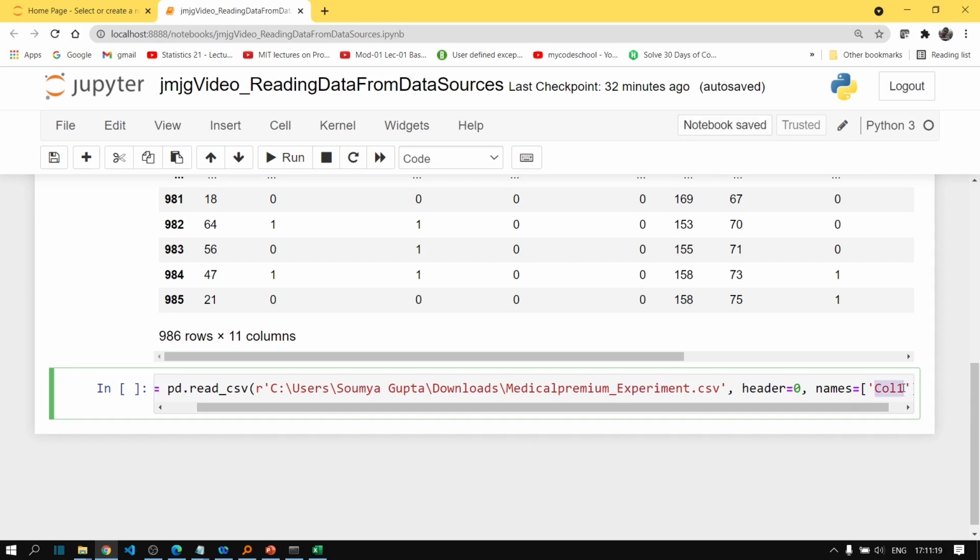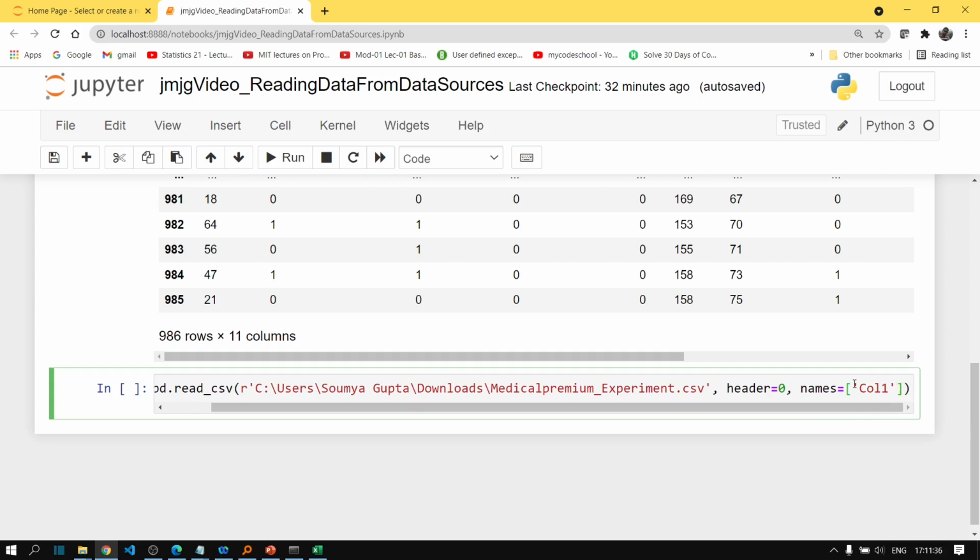Please note that even if you want to override the column names, you have to give some meaningful column names. So you cannot give column names like col1 or col2. I am doing it just to make you familiar with the syntax.